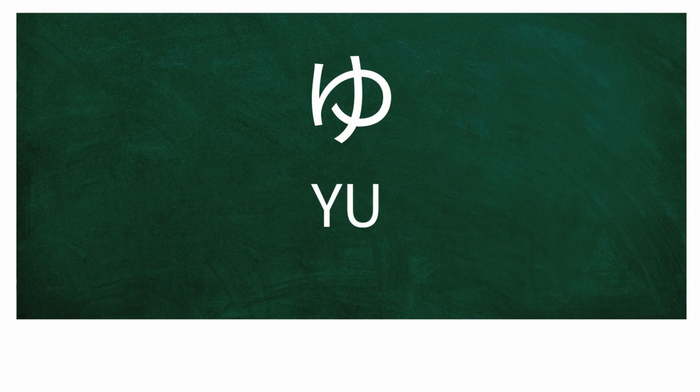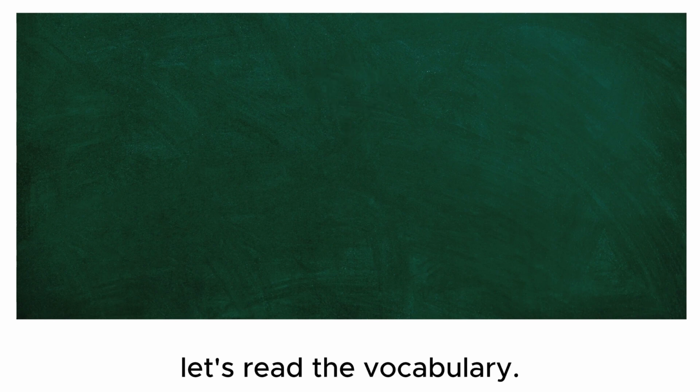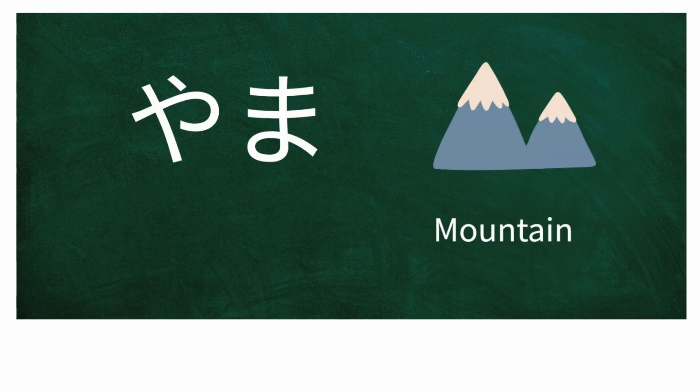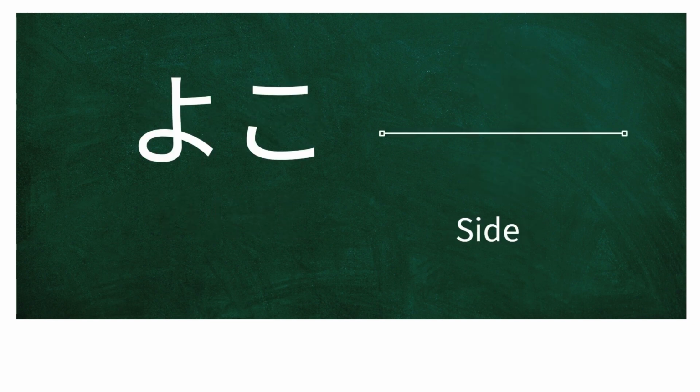Please repeat. よ、ゆ、や。 Next, let's read the vocabulary. 山、夢、横、